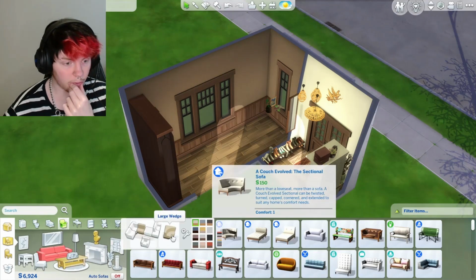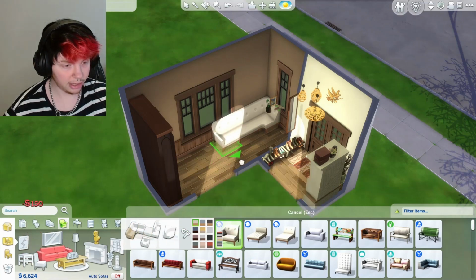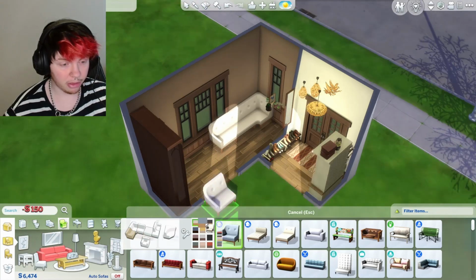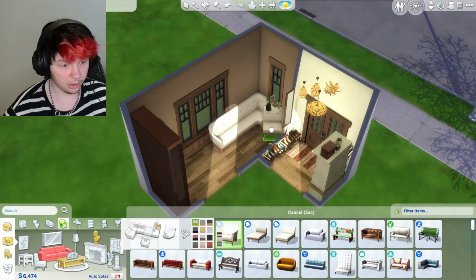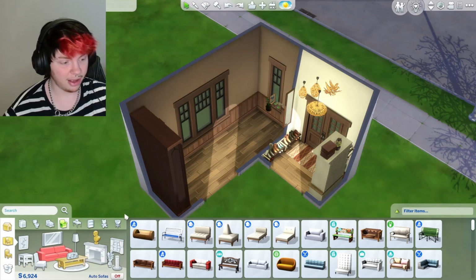This is a horrible living space. So if we did like this, then this, and then added in a little corner like this, we could put a little table there. I don't know whether that would work. Or you can just have it so that the entire corner is that sofa. Okay, I think I'm going to do a sofa that goes all across the edge here, and then we can just add in a little